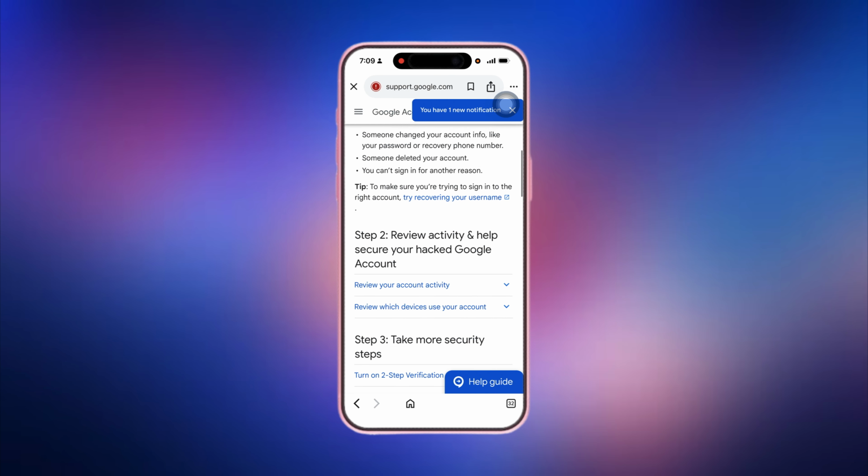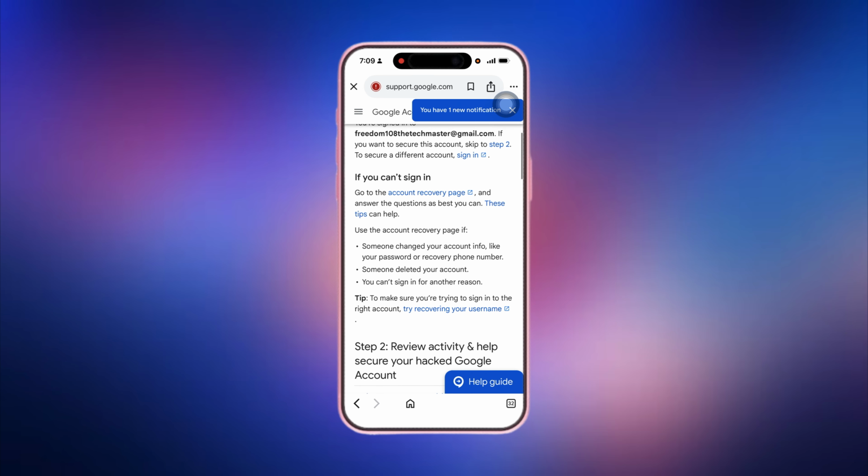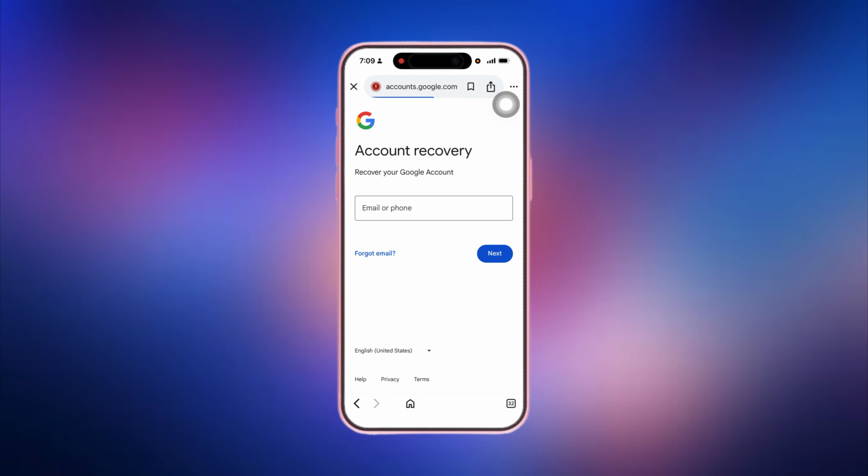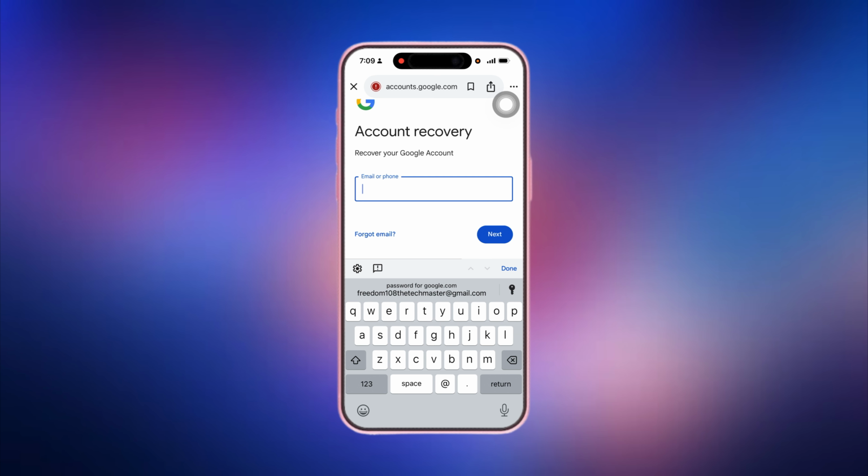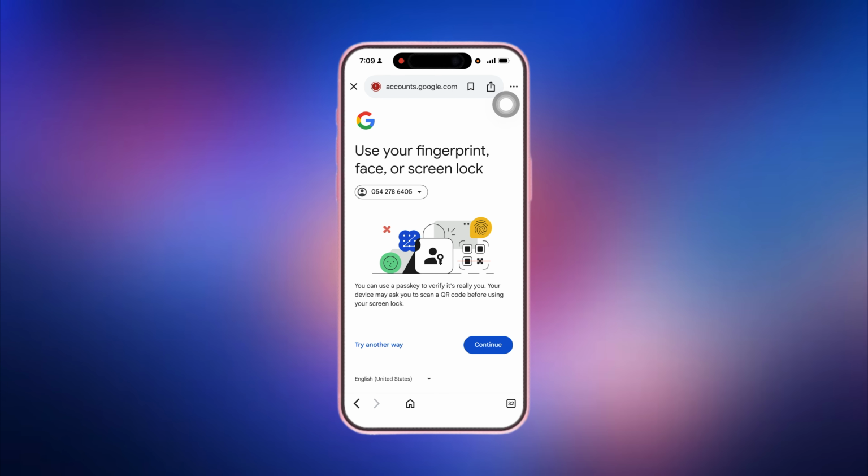scroll to where you can see over here account recovery page. Click on account recovery page, and you can see account recovery. Now enter your phone number over here, now once you enter your phone number, click on next,